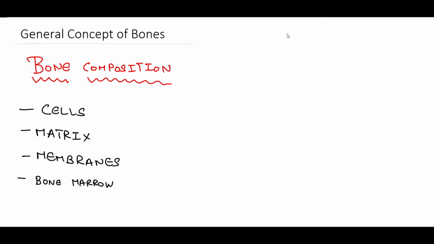So, the bones, or in general any tissue in our body, is made up of cells. The cell is the basic functional unit of any organ or organ system. These cells will aggregate to form the tissues, the collection of tissues will form the organ, and the collection of organs will form the organ system. So, we can say that the cells are the basic but very important unit of the bones.